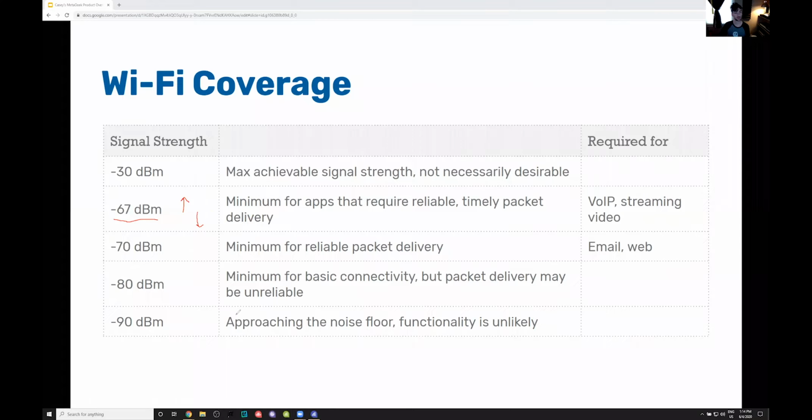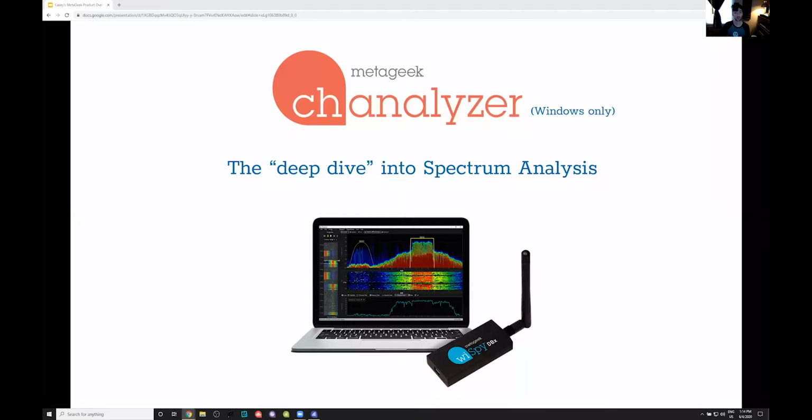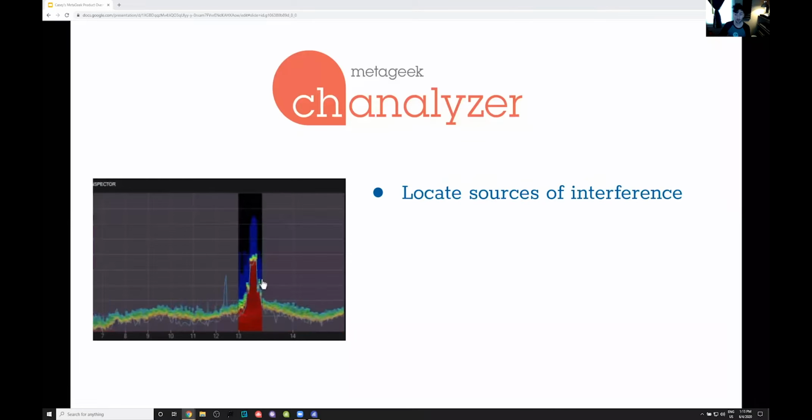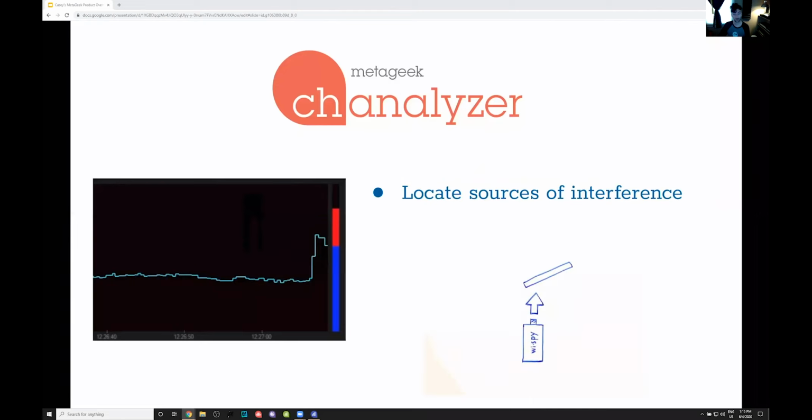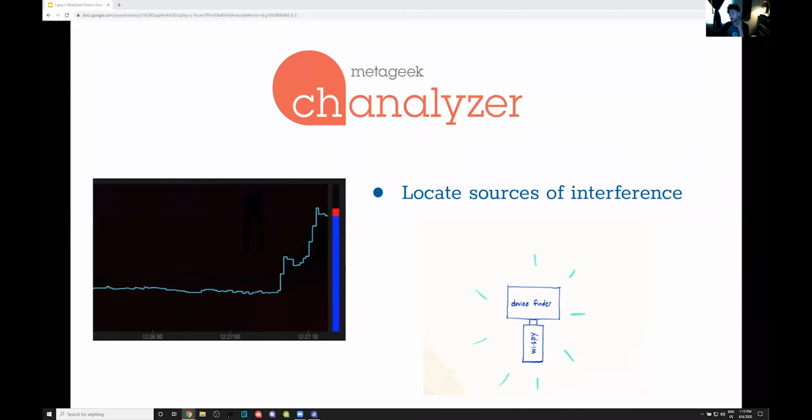And so it's really important to understand what this means. And Channelizer will show you these measurements for your networks. We do call Channelizer the deep dive into spectrum analysis. It's a lot like Insider, but it really focuses on spectrum. And so with that, you can locate sources of interference, and I'll show you how to do this. And you can actually plug in a directional antenna. You can remove the omnidirectional antenna on your Wi-Spy and plug in the directional antenna to help locate